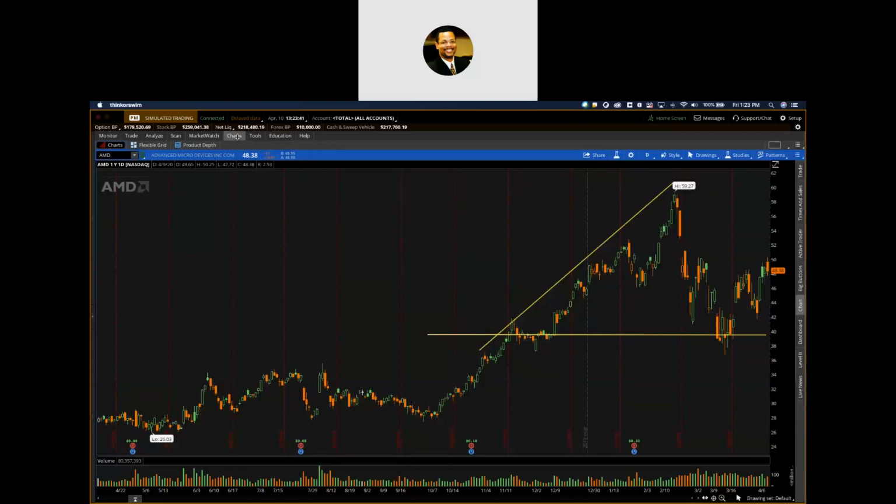Activity number one is quick chart analysis. So I'm making all of these decisions. The fact that I had to go and look at all these different things suggests to me that I'm not that interested in AMD right now, because I didn't immediately want to spend $48 for AMD. I didn't immediately want to spend $6 or $4 per share for an option. So the fact that I haven't made a decision, and I don't know how long I've been talking, probably too long for my own good, means that I'm not very interested in AMD.